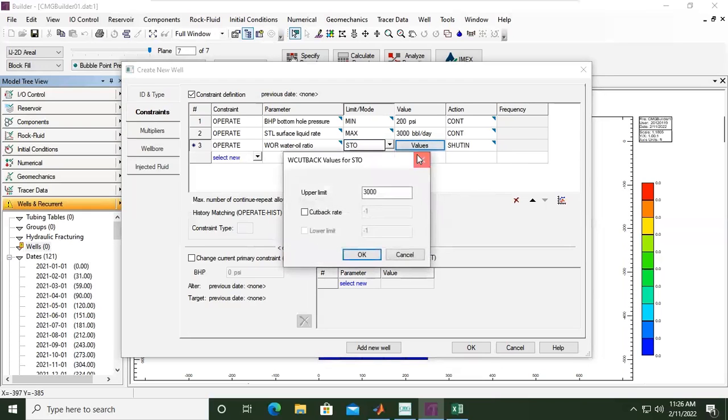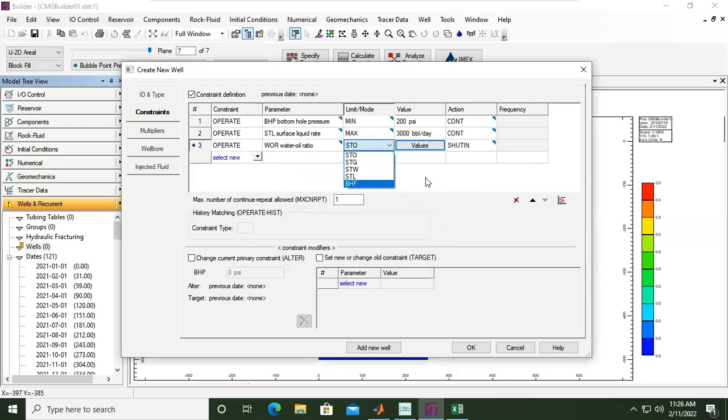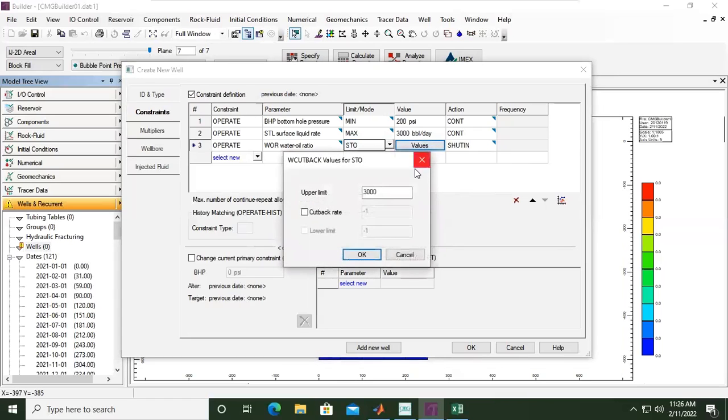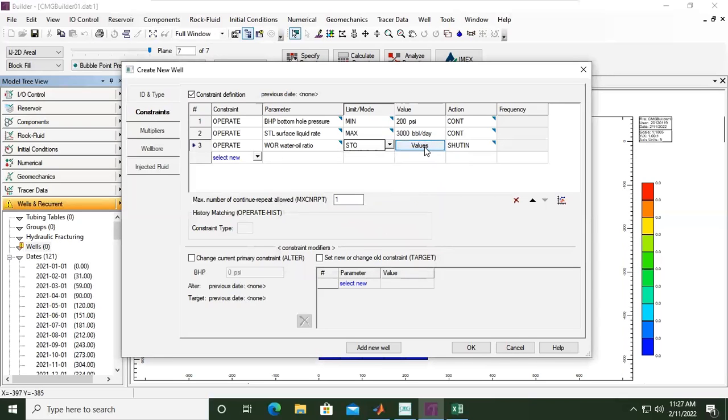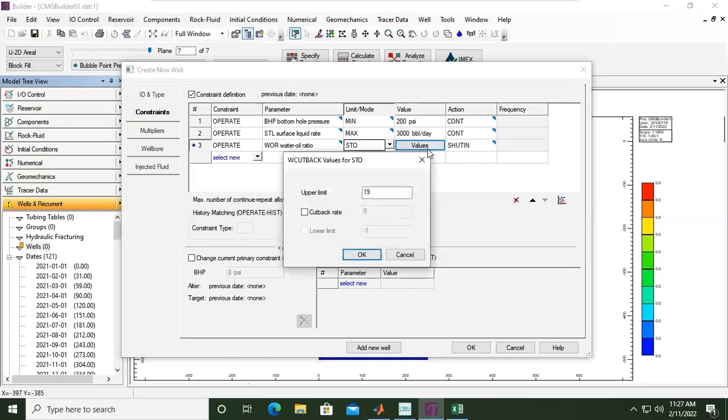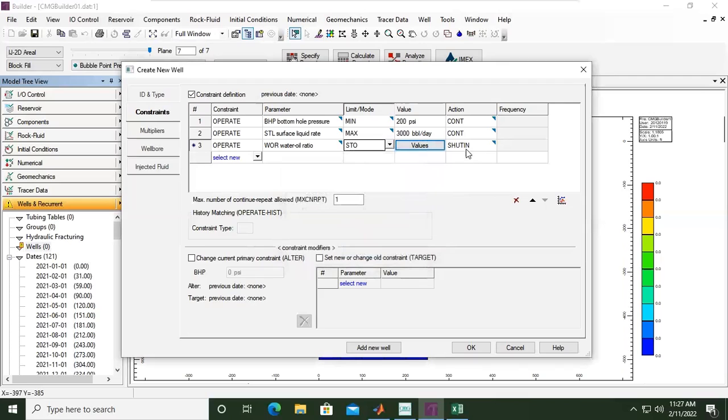If the water cut is 95%, so the water oil ratio is 95 divided by 5, 19. So if the water oil ratio is 19, yes, 19, the well will be shut in.